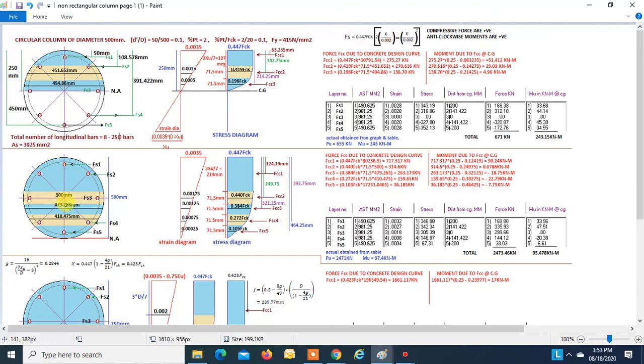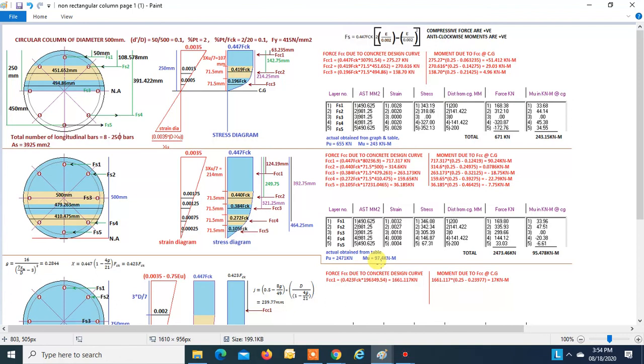This force will give an anti-clockwise moment. The distance of this force from the CG is 200, so the moment is positive, because it generates an anti-clockwise moment. This will also generate an anti-clockwise moment, so positive. This will generate zero moment because it is on the CG. This will generate a clockwise moment, so negative. And this will also generate a clockwise moment. So these are the distances of these forces from the CG. When you add up this, you get total PU 2473, total MU 95.4,